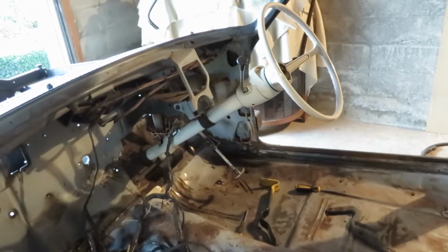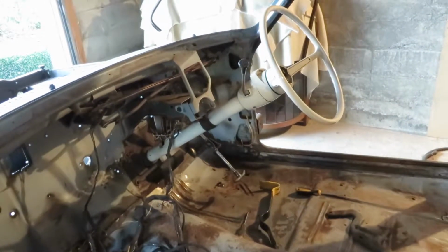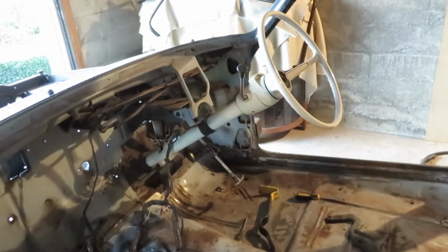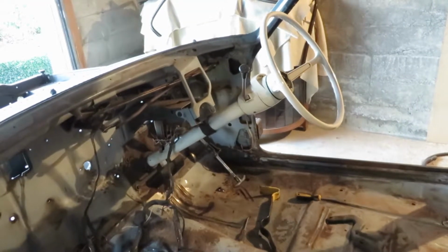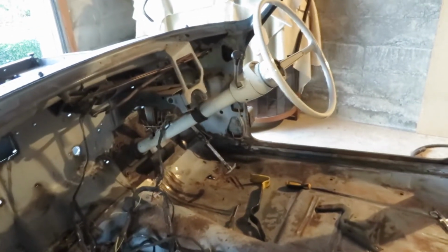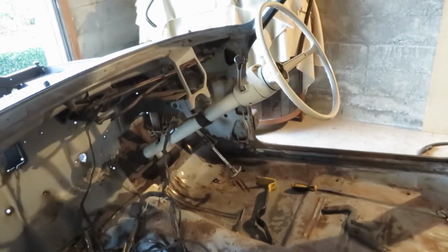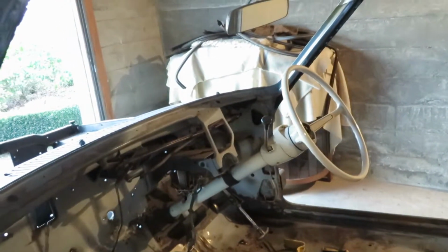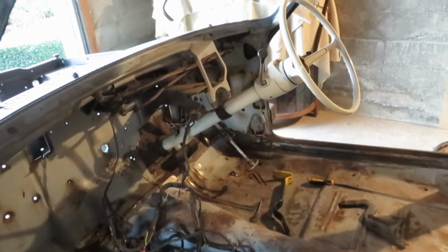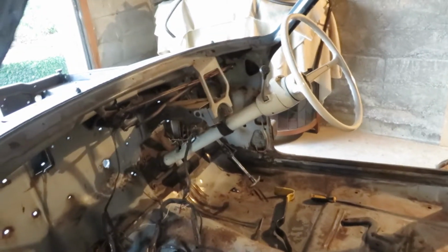It's one of those points where you either got to dive right into it or try and patch it and hope for the best. And I don't want to have to repaint this car again. Definitely not in the near future, and I'd hate that to get worse and it just piss water around and ruin a nice job. I'll end up having to pull that off, so I may as well pull it off now